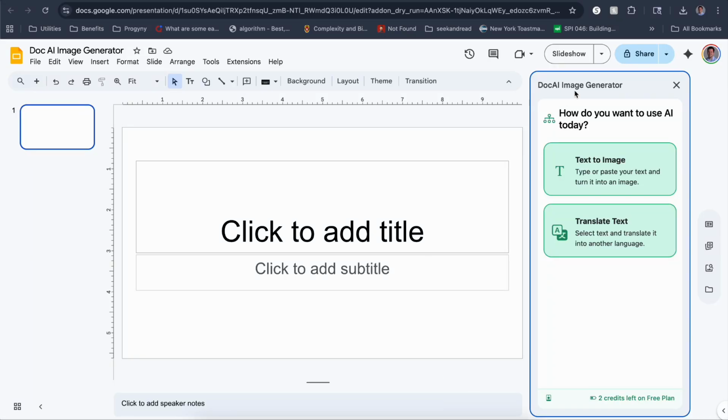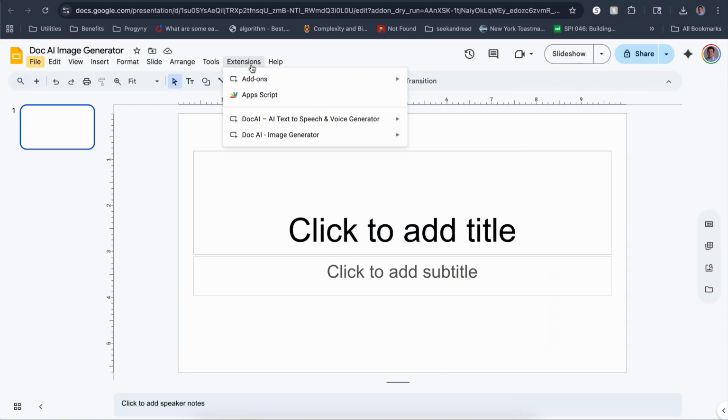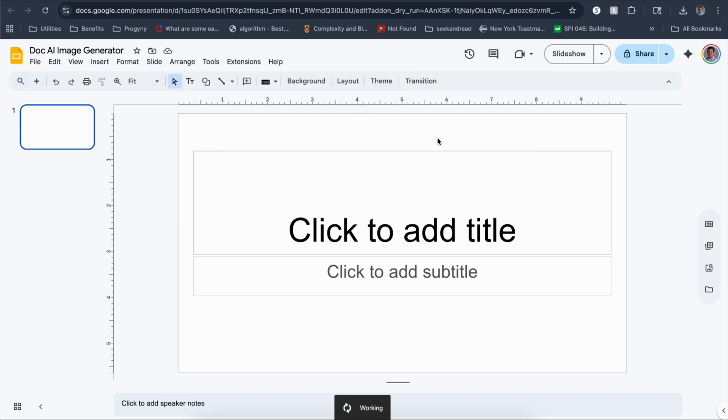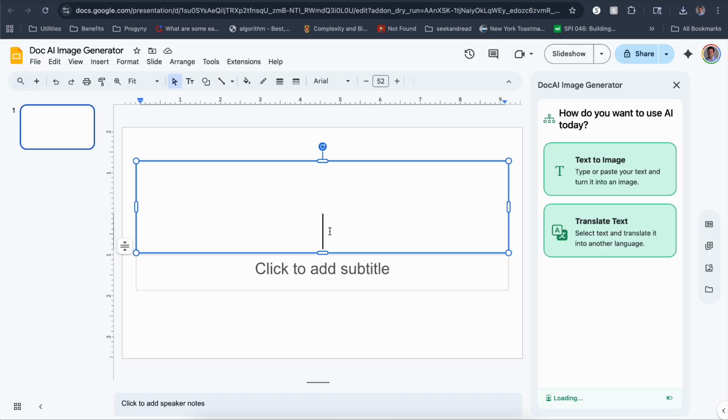Hey there, today I'm going to demonstrate how to use the DocAI Image Generator to create a creative image based on text input. First of all, you have to click the extension and click Start to be able to execute the add-on